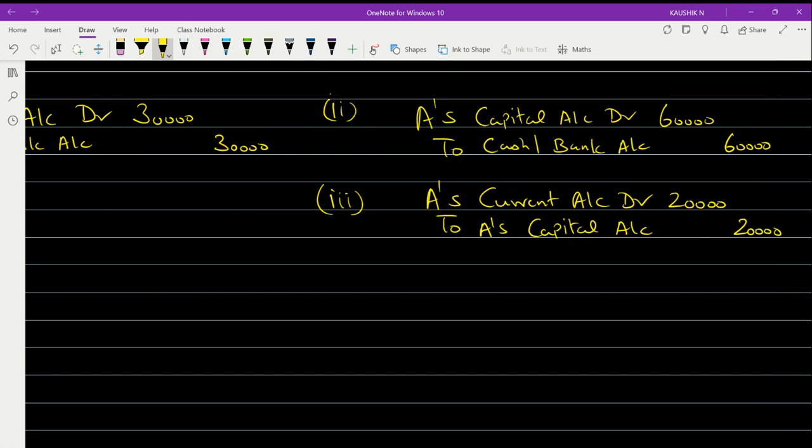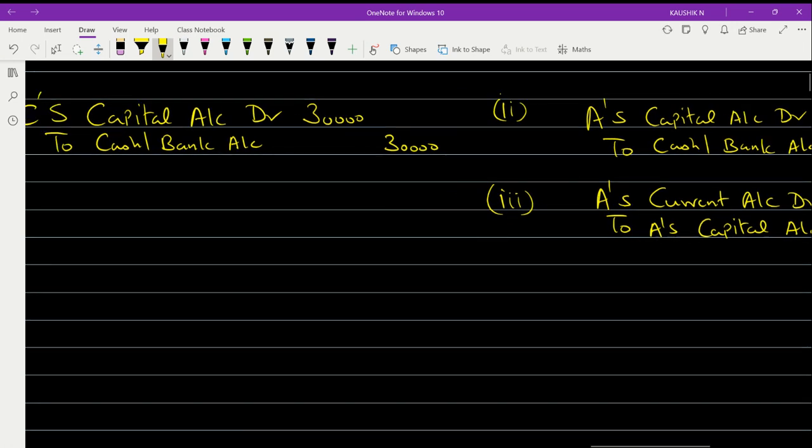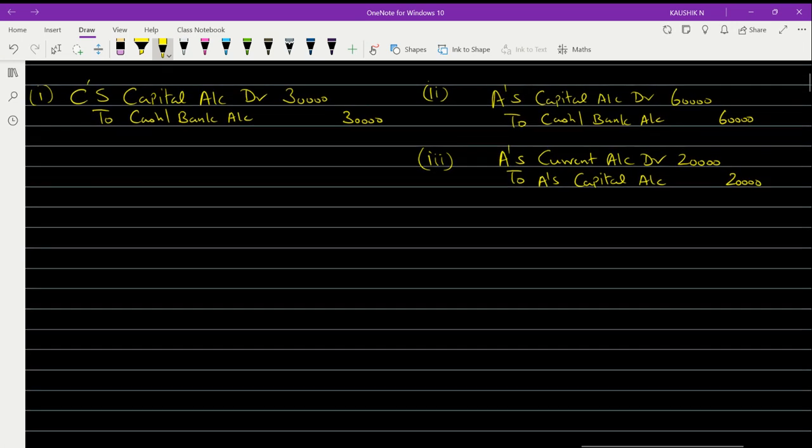இப்போ மூணு என்ட்ரியுமே merge பண்ணோம். Okay, now we are going to merge these three entries. அப்போ that means C's capital account is debited